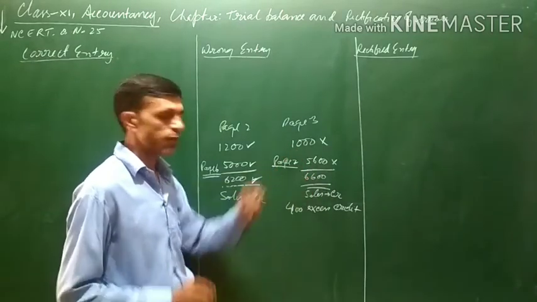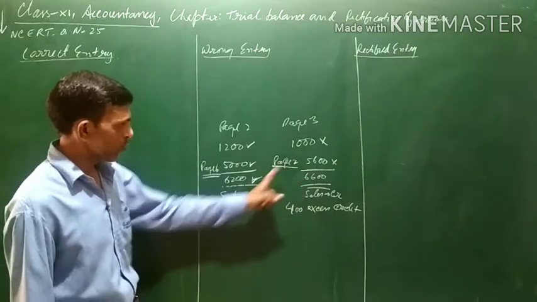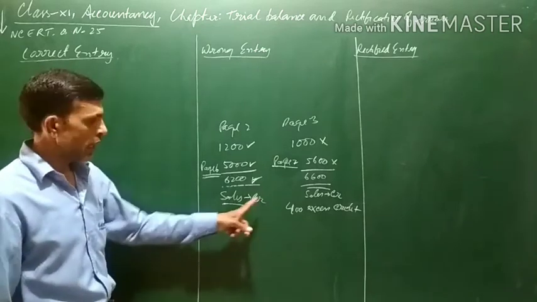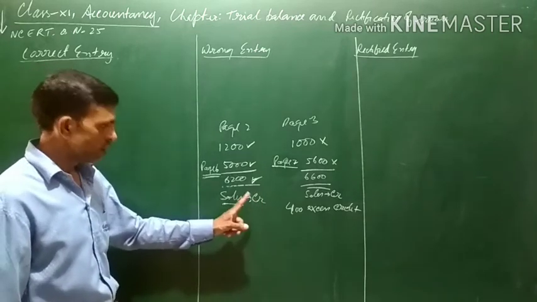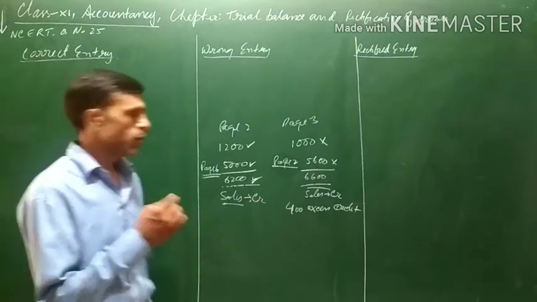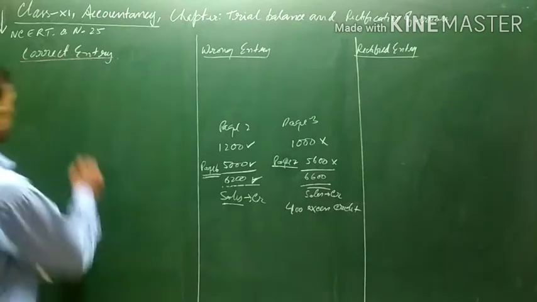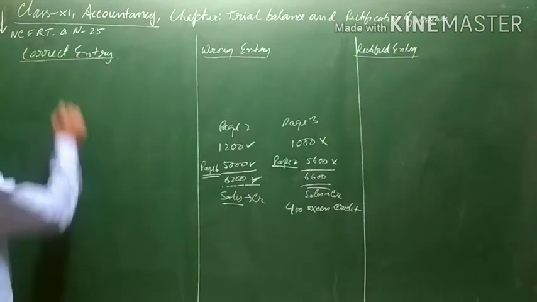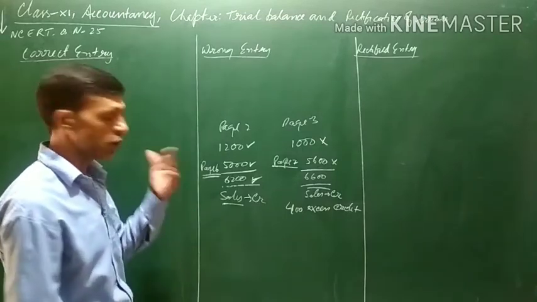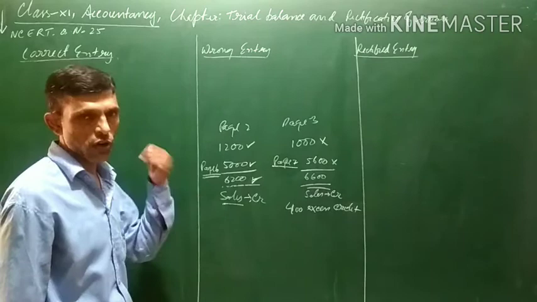It is 1000 and 5600. Now, as you know, 400 extra is there. Moreover, this is with regard to sales, and sales has credit balances. It means 400 excess sales has been recorded. So correctly, excess credit is there. We do not know the actual figure of sales, so we cannot write the wrong entry.